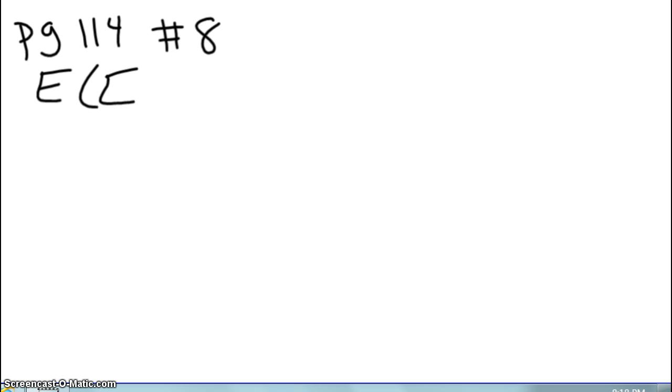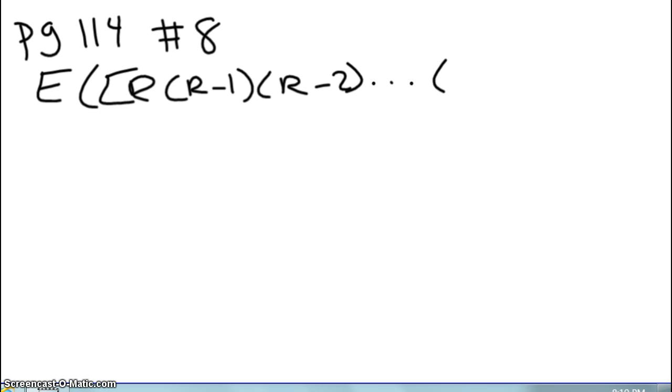Okay, so this is my final presentation for basic probability theory. I'm doing page 114, number 8, and we're going to use the Poisson distribution to find the expectation of r times r minus 1, r minus 2, all the way to r minus r plus 1. And we want to prove that this is equal to lambda raised to the r,